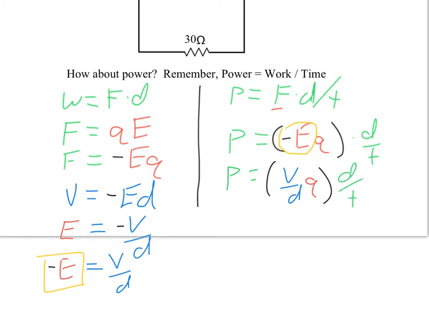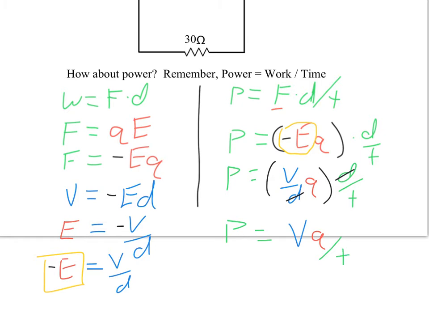Okay, well, now some things, even though they look really messy right now, wind up simplifying in that I've got a d in the denominator and a d in the numerator, so that factors right out. Okay, and if you look at what I'm left with here, let me clean that up a little bit: power is equal to voltage times charge